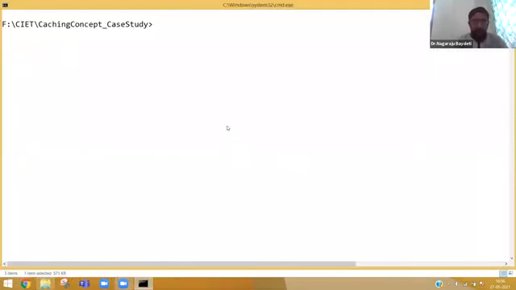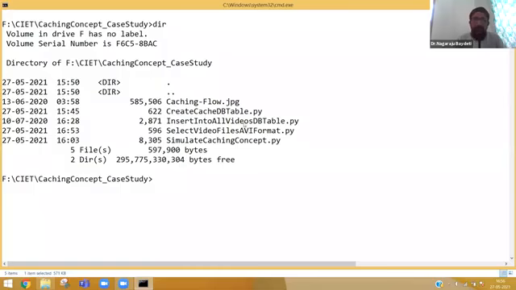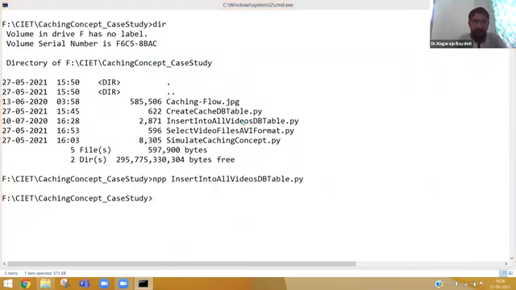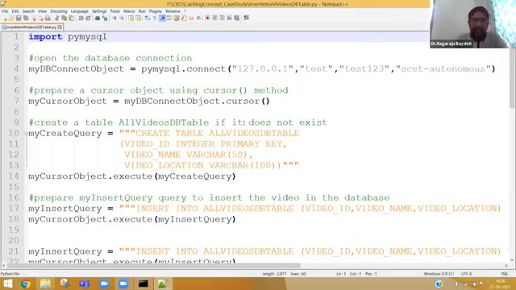Let me show you. Imagine there are 2 tables. One is the all videos DB table. Another one is the cache table. All videos will have the data of all the videos. The cache table will initially be created, but without any entry in the table. So this program